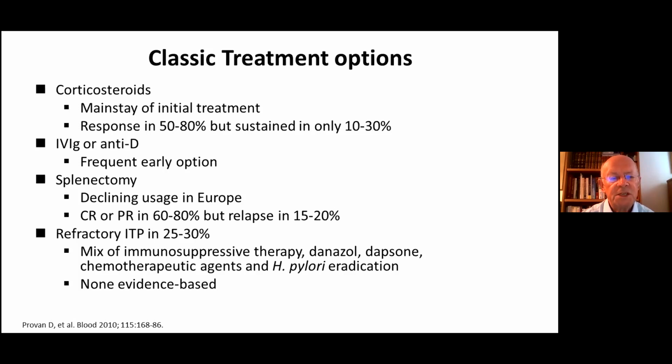Splenectomy hit its 100th anniversary in 2016, but is now declining, and I'll come back and talk about that. A good response rate initially, which is always how we used to describe it, but of course we have to remember that a significant proportion don't respond and a similar number relapse. So maybe only 50 to 60% will have a long-term response for that, and it's the 40% that you may see problems in. And then of course we have those with refractory ITP, of whom it's at least a third,